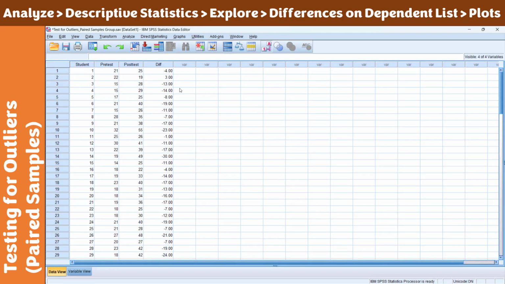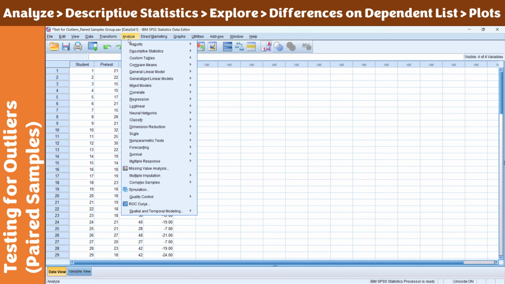Going back here, so again, in checking whether there are significant outliers, which will also be true later for our 4th assumption, we'll be using the differences here. This is how we analyze the data. You go to Analyze, you go to Descriptive Statistics, and Explore. Again, Analyze, Descriptive Statistics, and Explore.